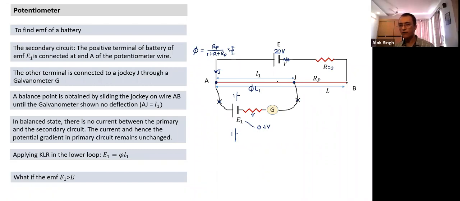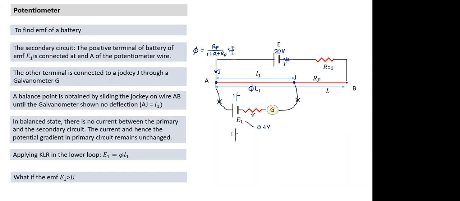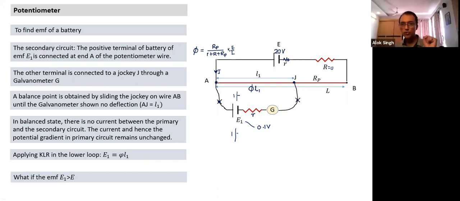Ideally, if you understand experiments better, accuracy is better when the reading is not too small. You have seen a weighing machine at a railway station, which can measure weight up to 1000 kg. If you want to measure your weight on a machine that can measure up to 1000 kg, or on a weighbridge which measures the weight of a truck, will it give you an accurate reading? No, it rounds off. So when the drop is 20 volts from here to here, and I want to measure the EMF of a battery of only 0.1 volt, it comes very near to this point. It's like taking the weight of a person on a weighbridge which can weigh a truck.